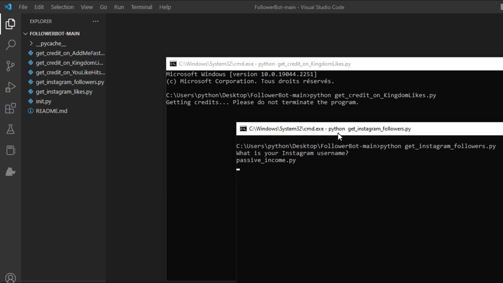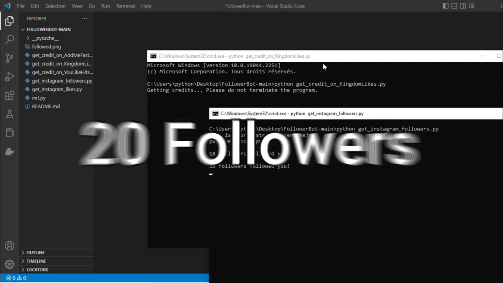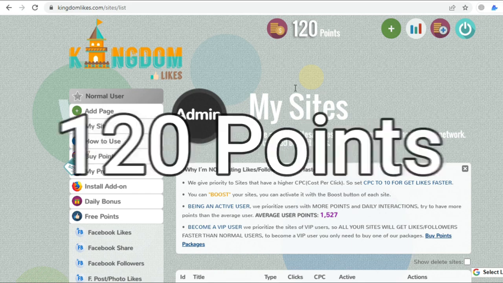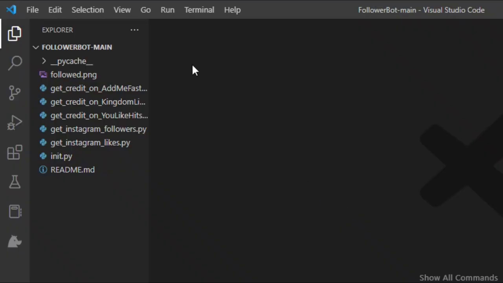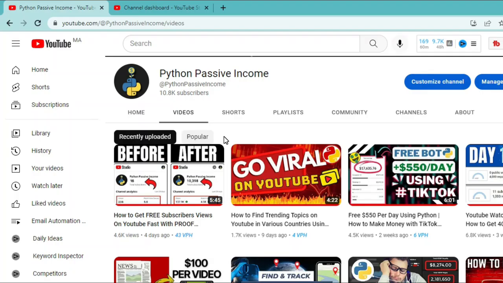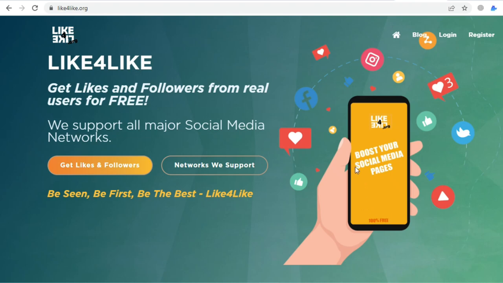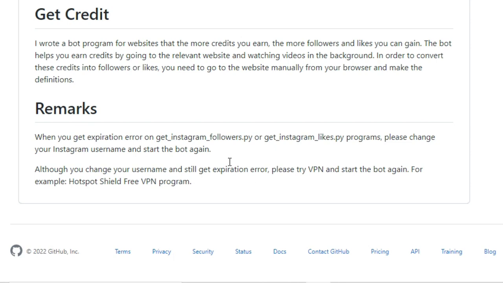And here we are back again, guys. After a couple of minutes, we were able to get 20 followers with this Instagram bot. Also, the second Instagram bot got 120 points, which will be converted into followers in our account. For more extra options, you can use the other services as well, like AdMeFast and ULikeHits, and you can watch my last video, in which I shared a simple script to automate like-for-like services to increase your Instagram followers as well. And don't forget to pay attention to this remark,